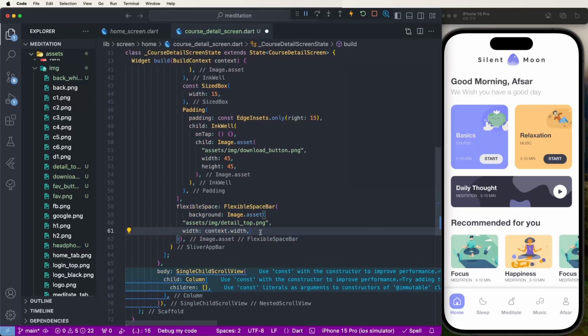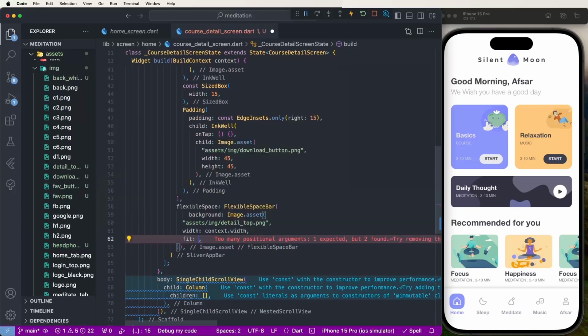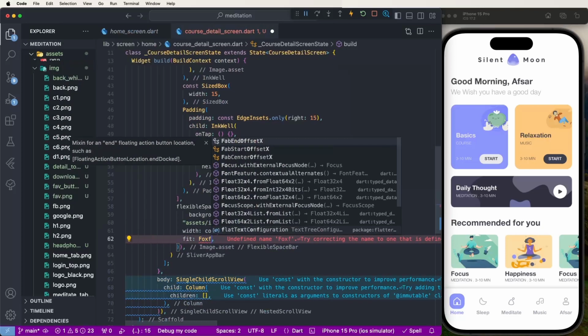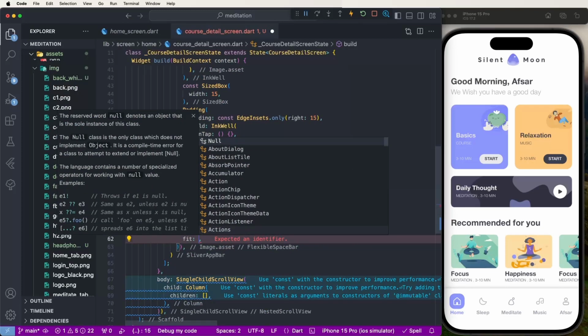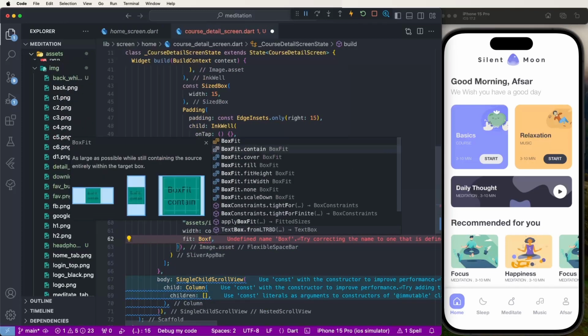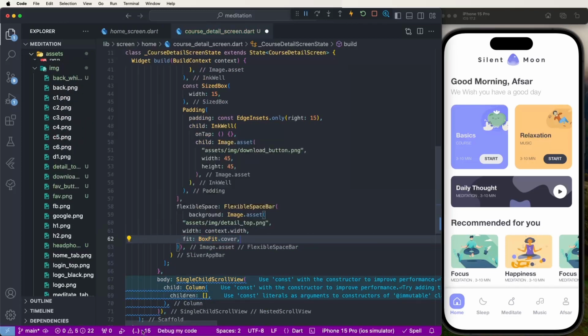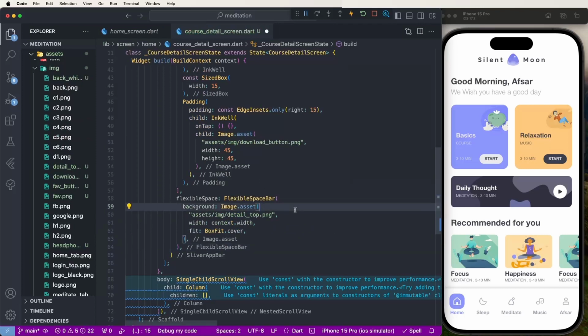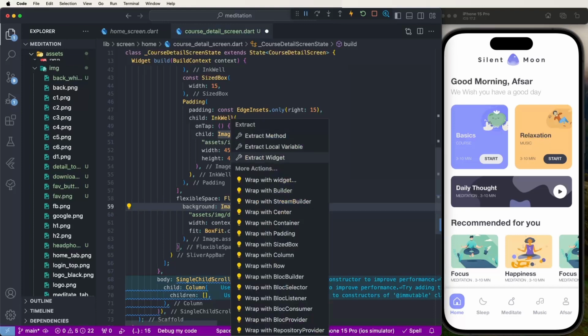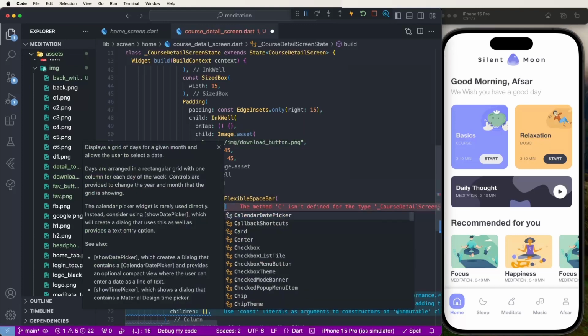Then after, we need to set the fit as BoxFit.cover, like this, and save here. Now we need to create the ClipRRect widget, so we use this here,